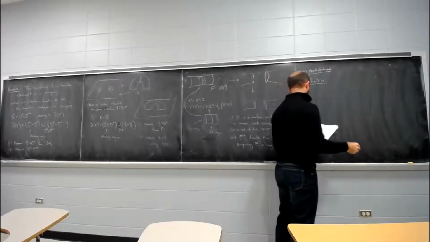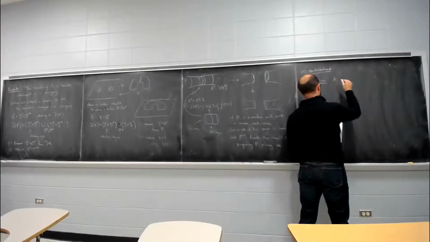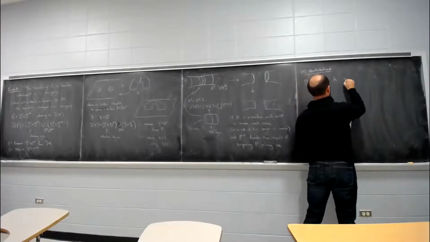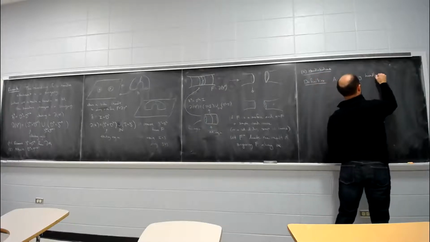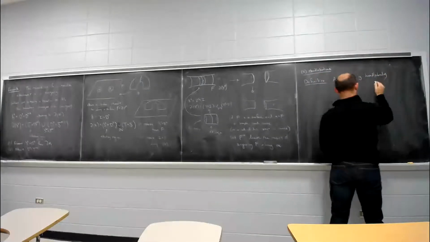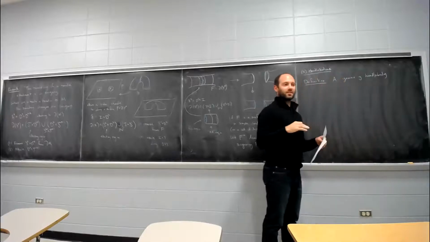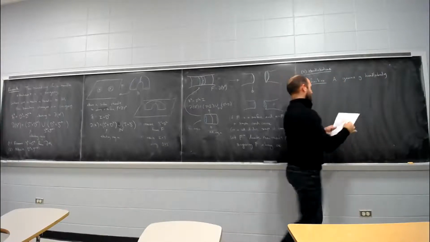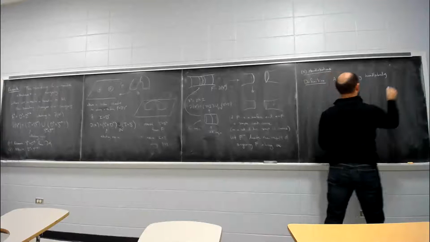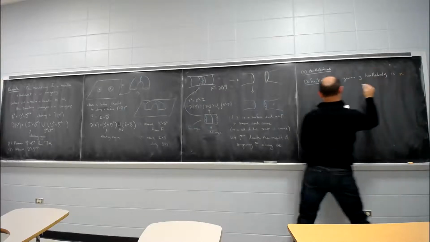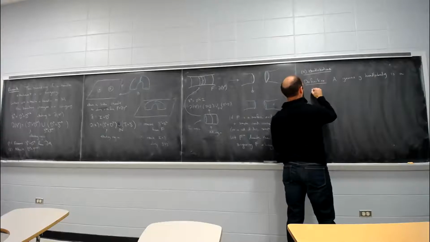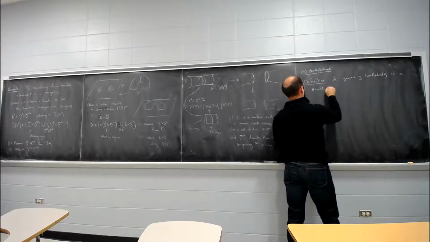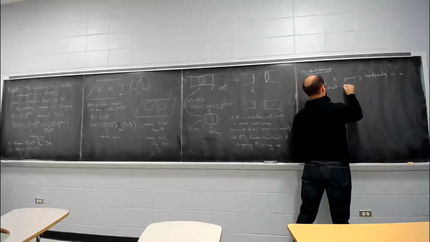All right. So I think we've already talked about handle bodies when we talked about unknotted surface links, but let's just do this for completeness. Genus g handle body. I could define it to be the thing that an unknotted surface link bounds. I don't think I'll do that. A genus g handle body is a three-manifold that is